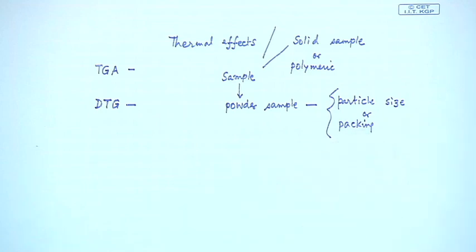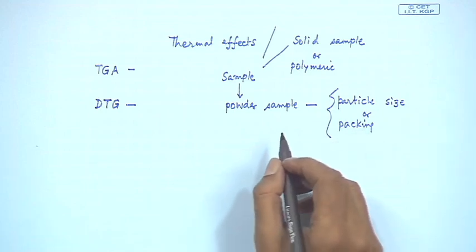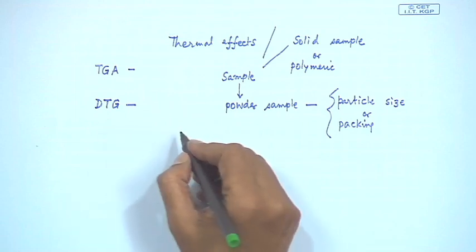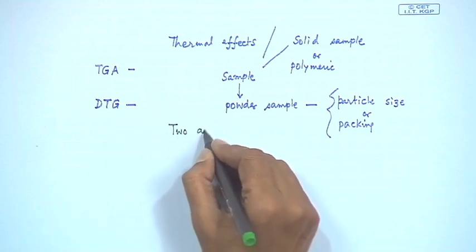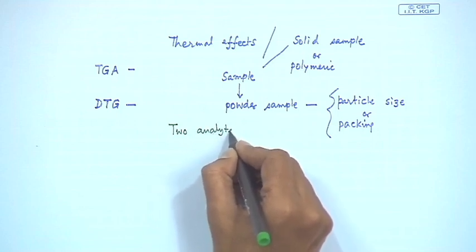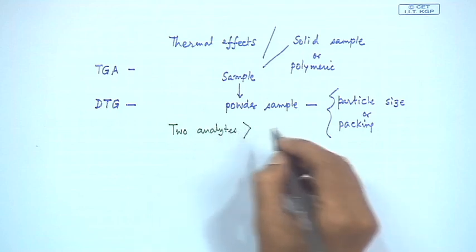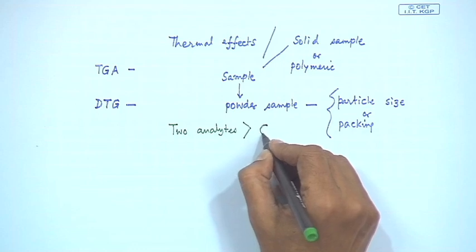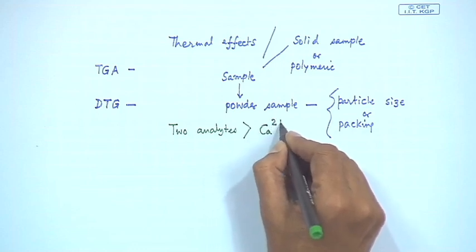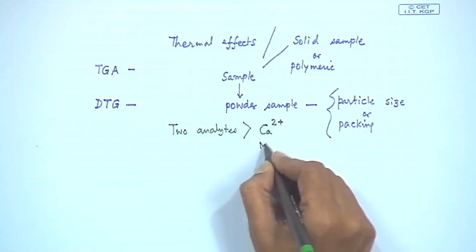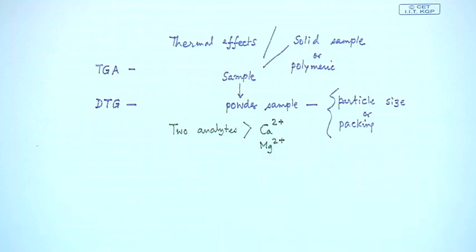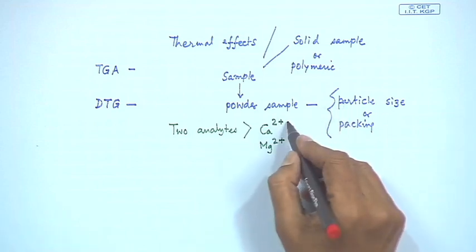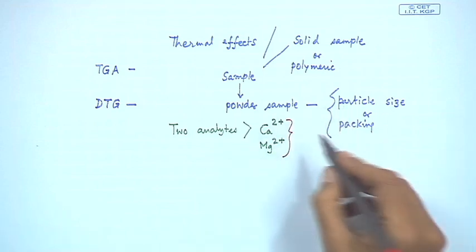So, what we can see now is that if we have two analytes which we want to determine, say two metal ions, one is calcium 2 plus, another is magnesium 2 plus, and we all know they are very much present in groundwater,